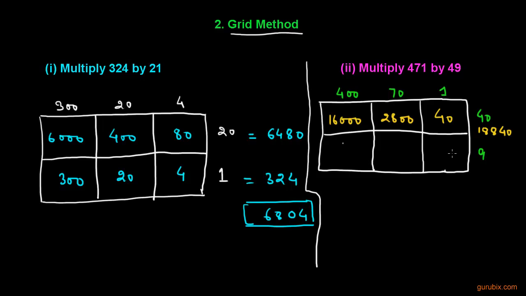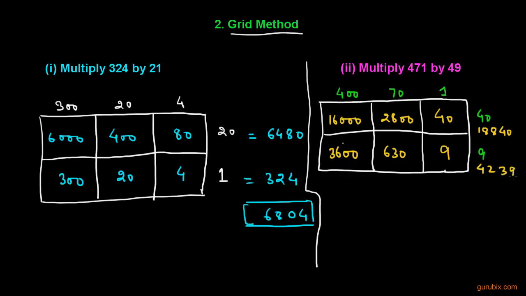18,840. And now we shall multiply 400 with 9, then we have 3600. 70 with 9, that is 630, and 1 with 9, then we have 9. If we add these numbers, then we have